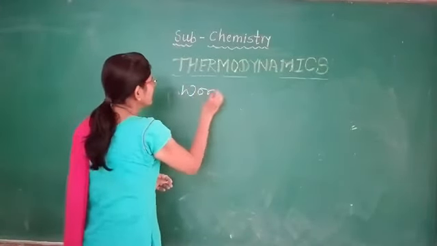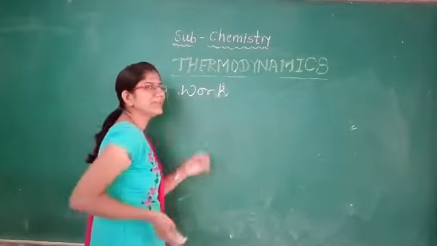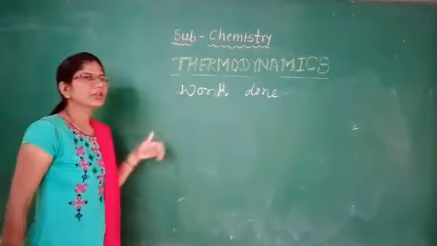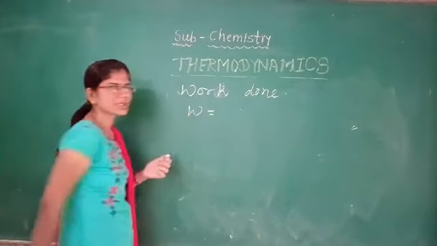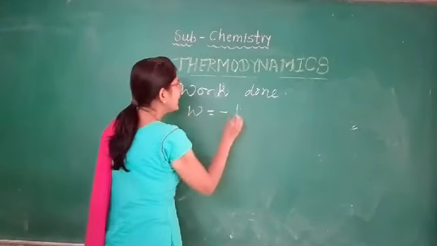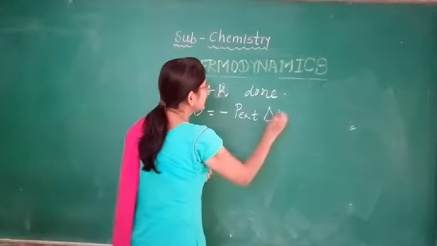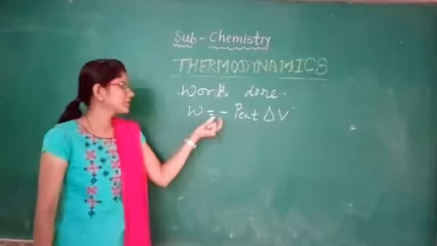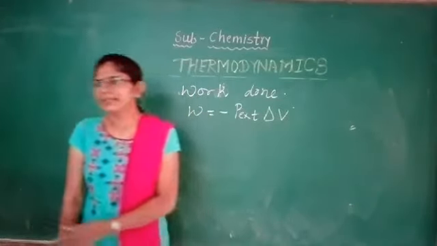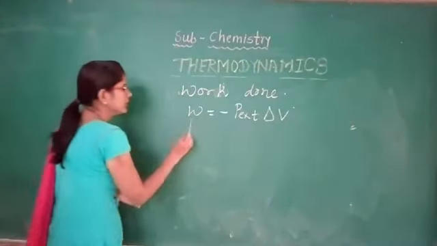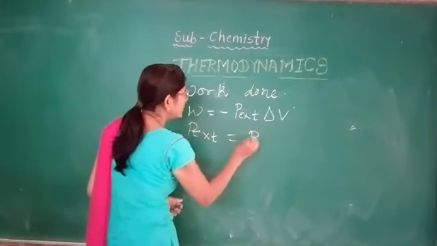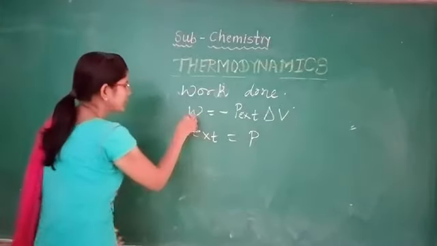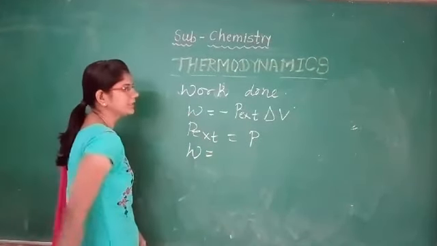आता आपण work done, कुठल्याही केमिकल रिएक्शन साठी वर्क डन चा फॉर्म्युला आपण डिराइव करूया. We know that for an irreversible process the work done is given by W equals minus P external delta V. Here assume P external equals P, the external pressure is the pressure of gas, and therefore the formula of work done becomes